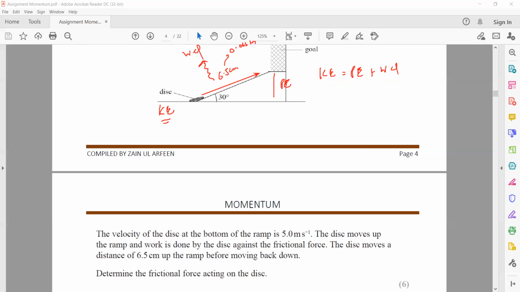And the distance which it moves, here we know the angle. This angle is given as 30 degrees. So against the angle it will be cos theta, and opposite the angle it will be sin theta. So this will be the height through which it rises, this h, that will be equal to 0.065 sin 30, because that's the perpendicular. And we know kinetic energy is half mv squared. So when we use all these values,